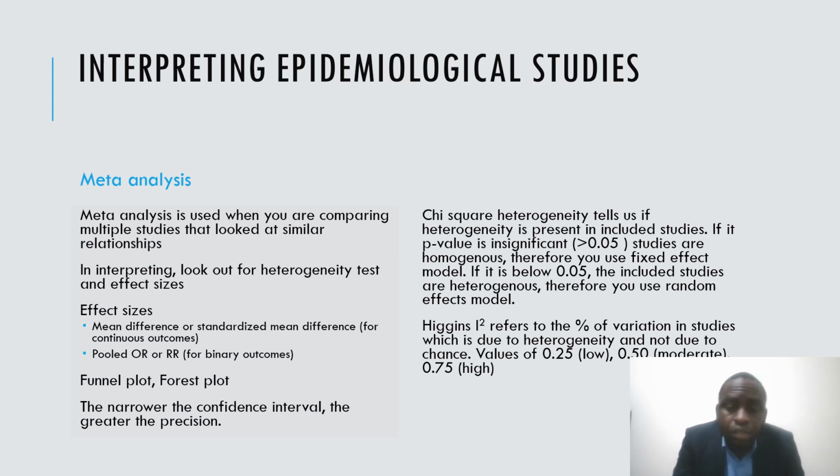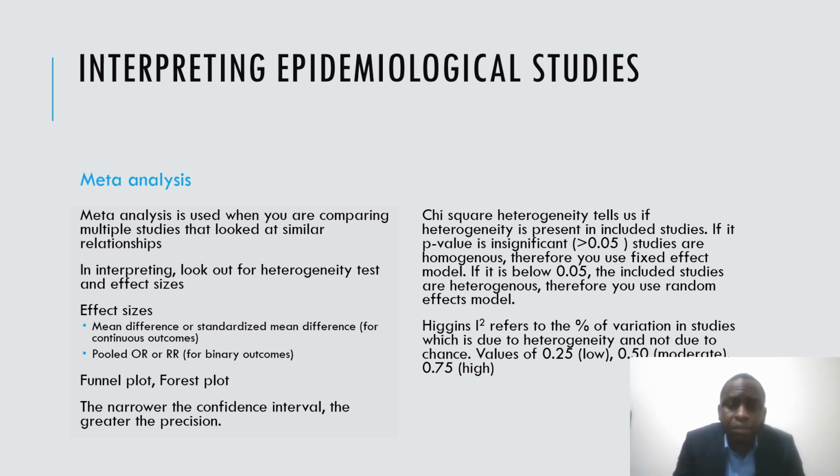So one thing you need to know about meta-analysis, or in epidemiology generally, is that when the confidence interval is narrow, it means that the study is precise. The effect measure is very precise, as in more accurate. So generally, the larger the sample size, the more precise the effect estimate. Okay,